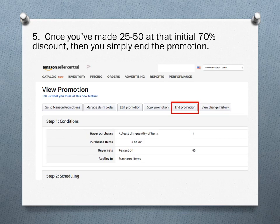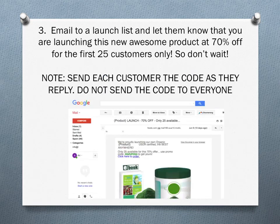Now, once you've made 25 to 50 sales, let's go back. I'm not sending all these 25 codes out in one day. I'm going to do like 5 on day 1, and then the next day I might do 7, and then the next day after that I might do 8 or 9 or 10, and then whatever, right? So I'm trickling out those initial codes, and I'm ramping up slowly, because that tells Amazon's algorithm